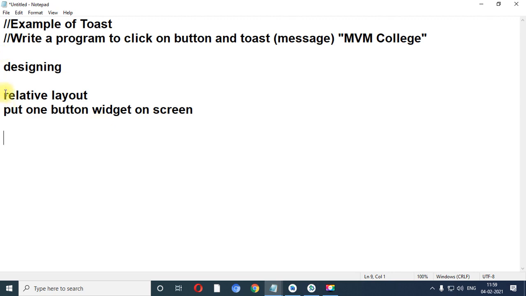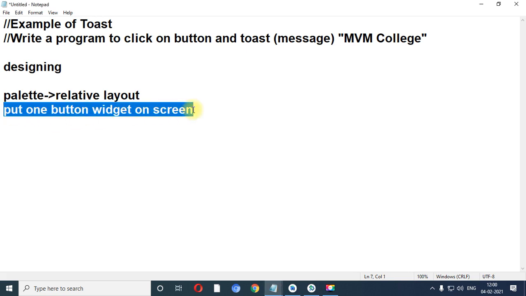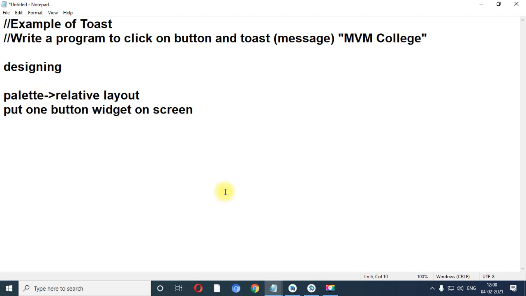The relative layout would be there in the palette, and put one button widget on the screen. In the palette you need to click on the legacy menu, and inside legacy you will get relative layout.